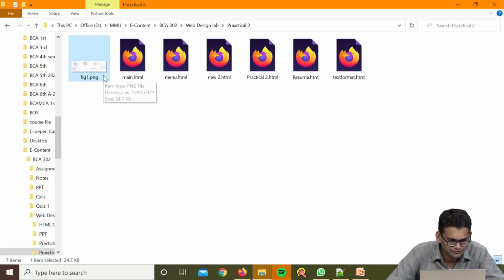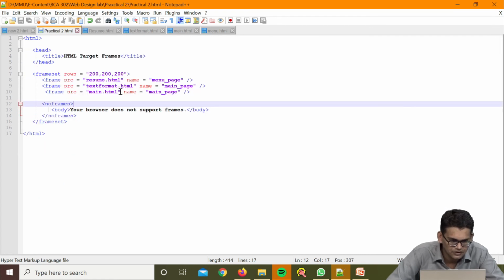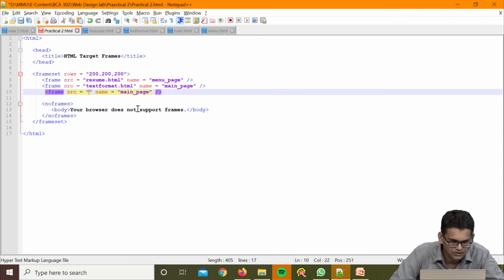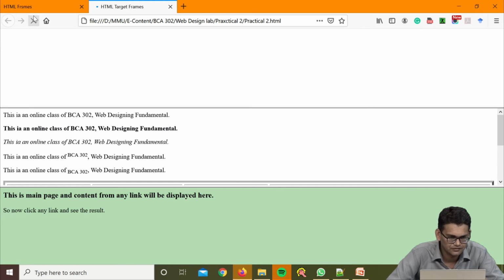Now I have copied the name, and I paste this name into the source. Now I am pasting here the name of that image, the file figure on PHP. Now, refresh it.